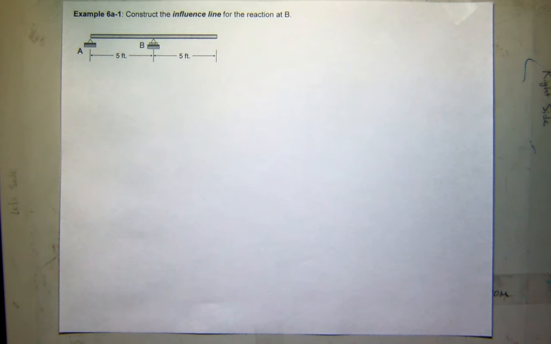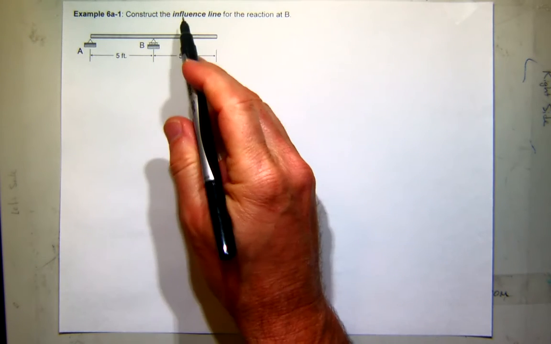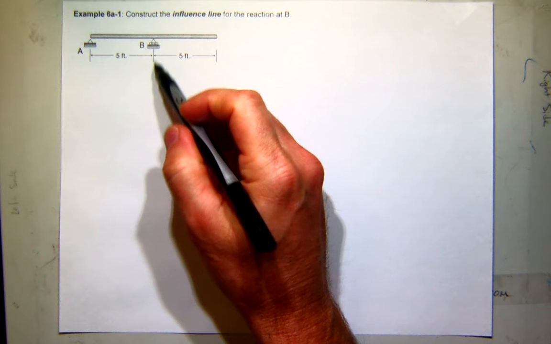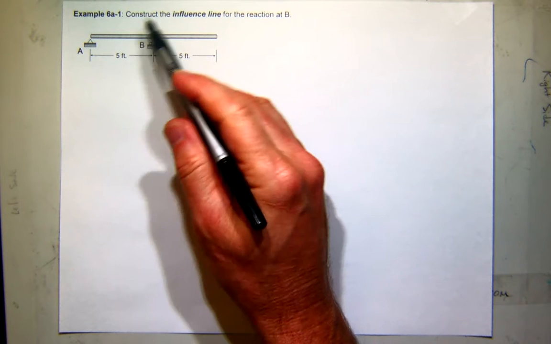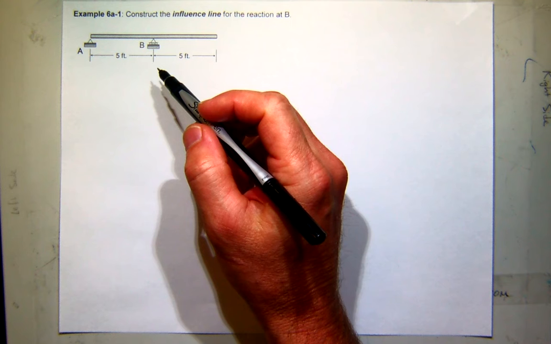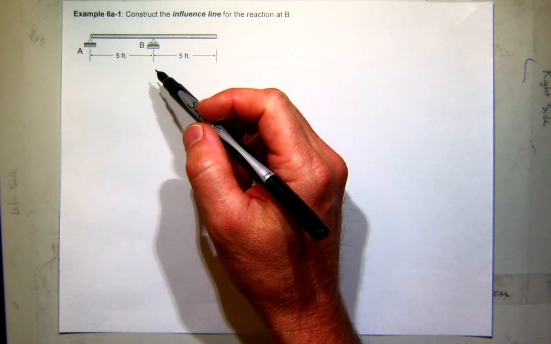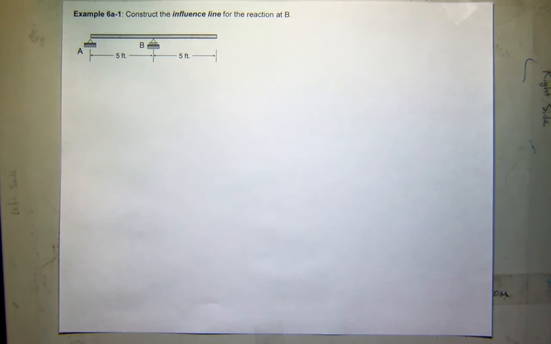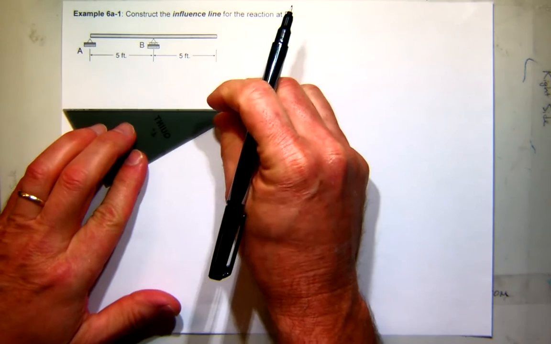Okay, so here's a problem to construct the influence line for the reaction at B. This will be the first problem that we've done up here on the screen. So let's try the equation method. Remember what we're going to do first, and just to help you visualize this, I'll redraw the free body